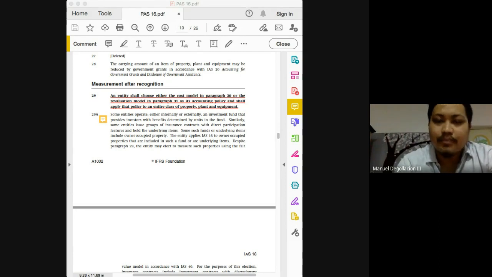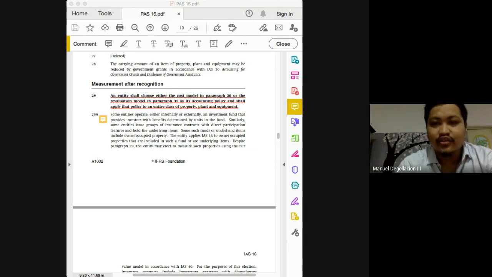Okay, so for this part of the discussion on PAS 16 class, we will be starting off with the subsequent measurement of your property, plant, and equipment. Again, PAS 16 is the standard that governs the accounting for your property, plant, and equipment. In the other discussion on PAS 16 class,